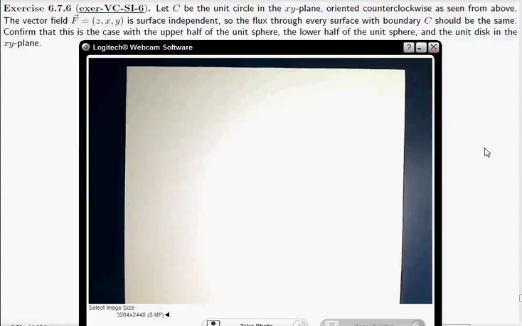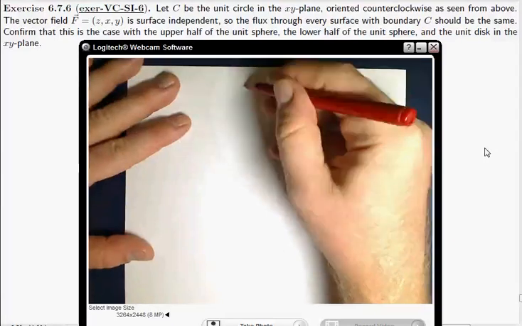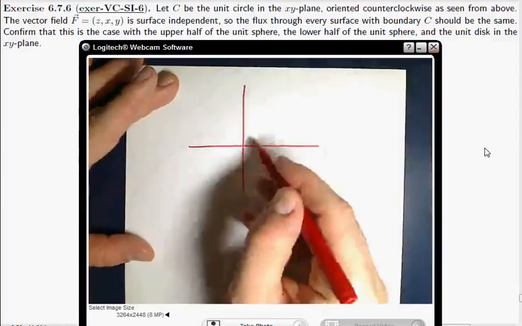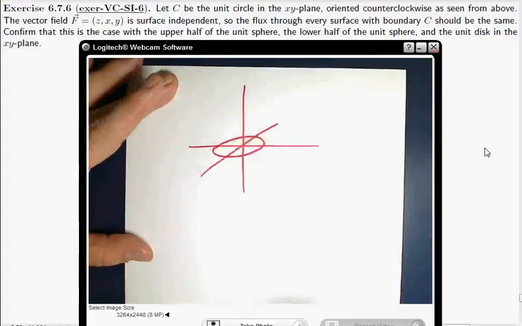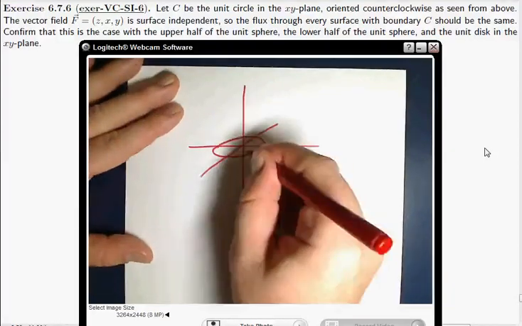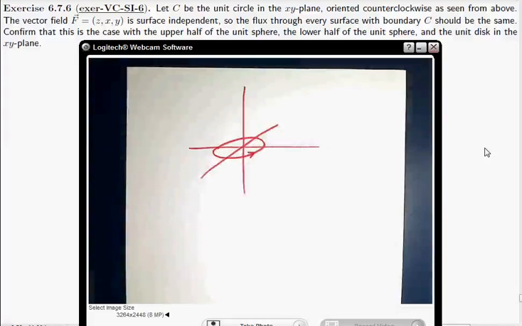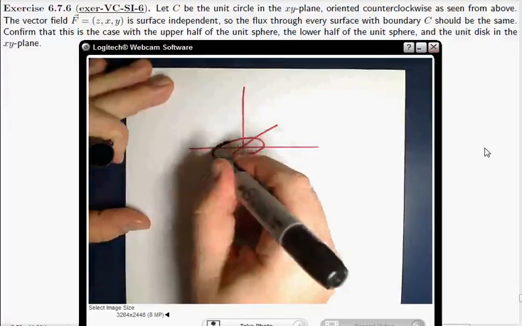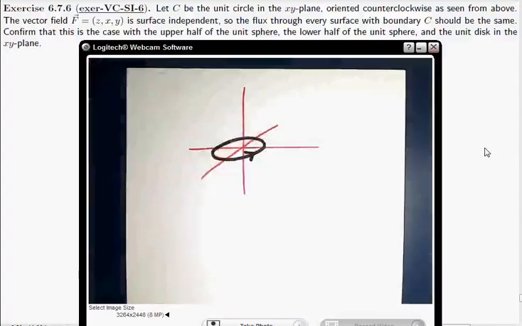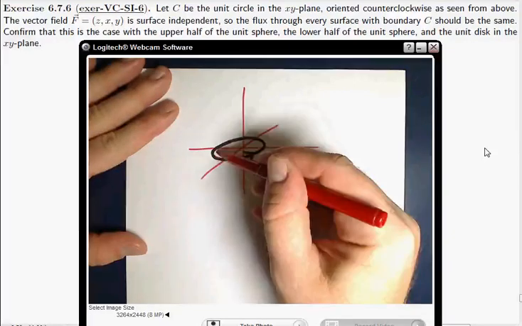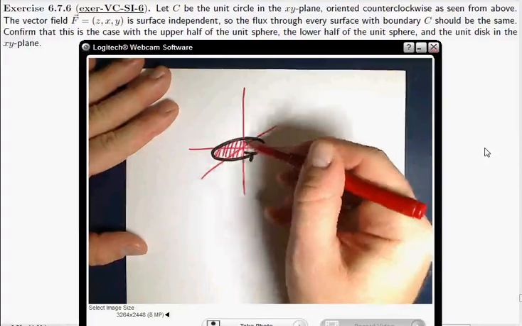Okay, so this SI6 problem has basically three calculations in it. Here's our picture. Here's our unit circle in the XY plane, oriented counterclockwise as seen from above. And let me draw this in black just to emphasize that that's the curve we're talking about there. And I claim that that can be thought of as the boundary of multiple different surfaces. For one, that's the boundary of that disk,